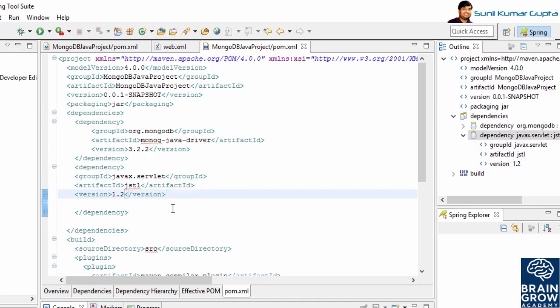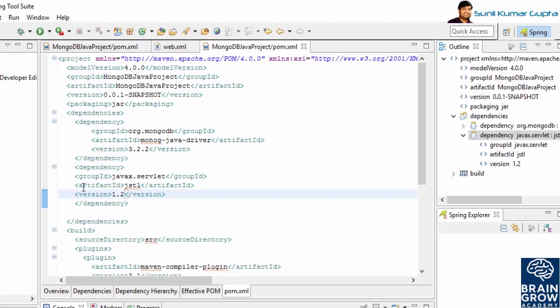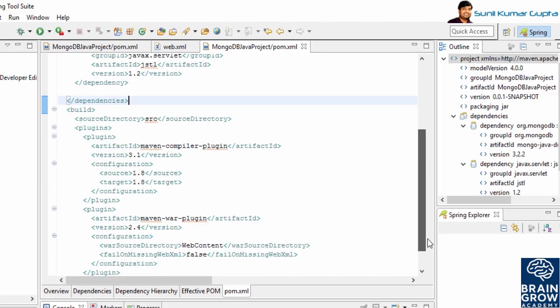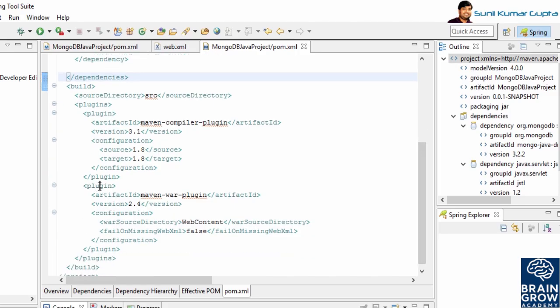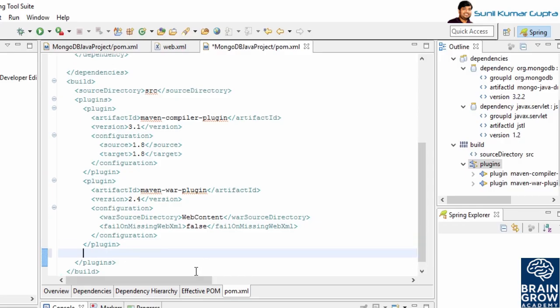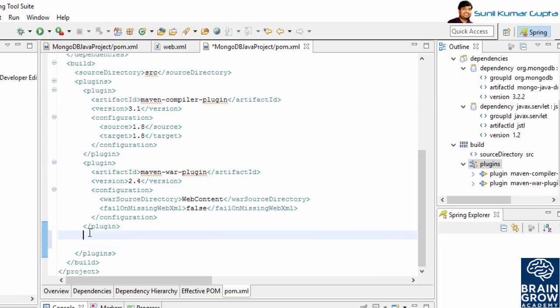Okay, so see, so now we have added the dependency for JSTL and MongoDB. Sorry, here I've written something wrongly, it should be Mongo. Okay, so now we are done with adding the dependency for MongoDB and JSTL. Next thing is we need to add a plugin. So we'll go at last and we'll hit enter, and here we need to add the plugin for